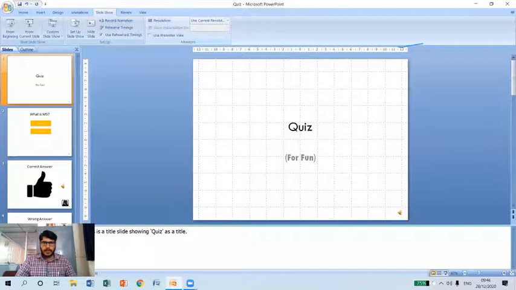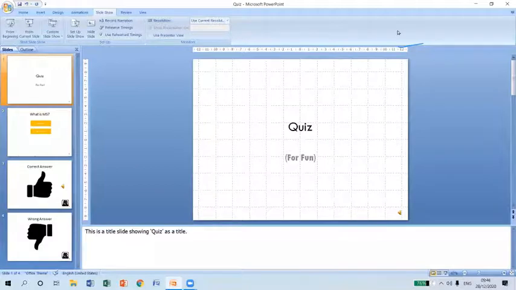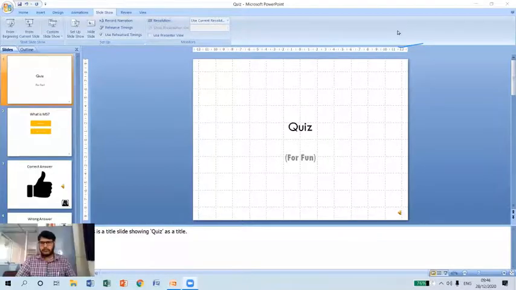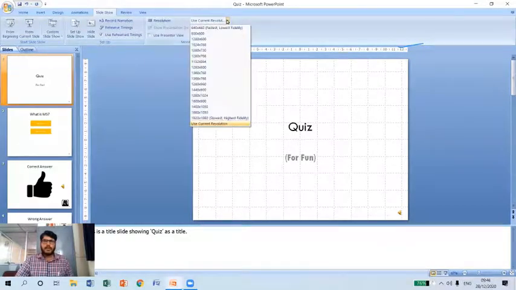When I click on the resolution here, you can see the various monitor resolutions are available.